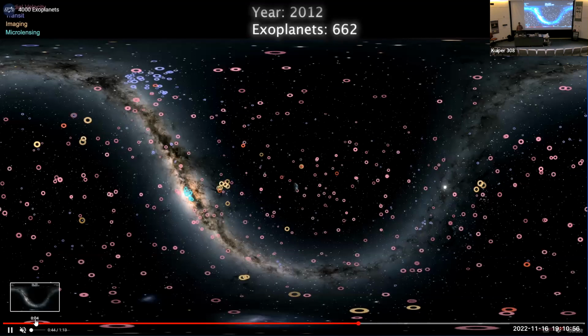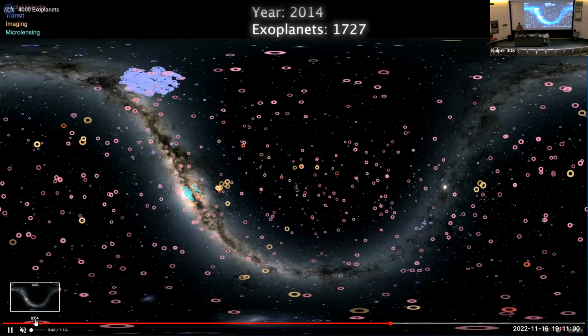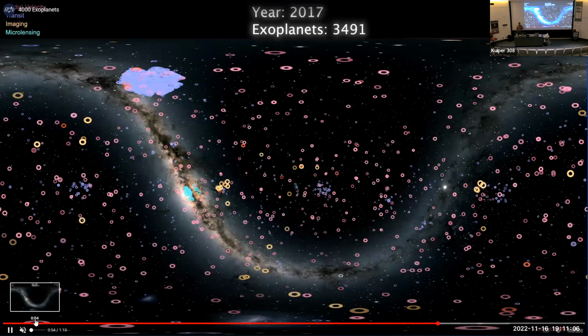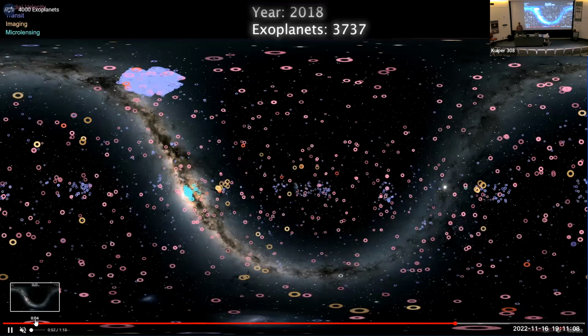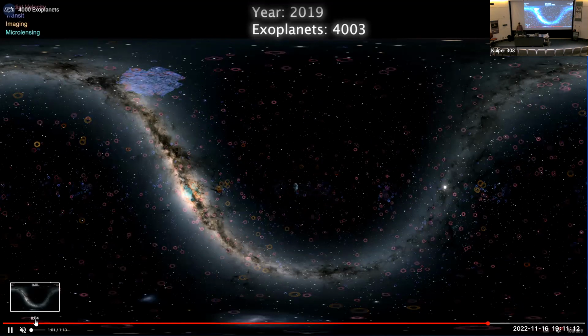And this trickle of exoplanet discovery turned into a stream and then a flood with the advent of the Kepler mission and the TESS mission, which turned our count of the exoplanets from the dozens and the hundreds into the thousands. Today, over 5,000 exoplanets are known, which begs the question,